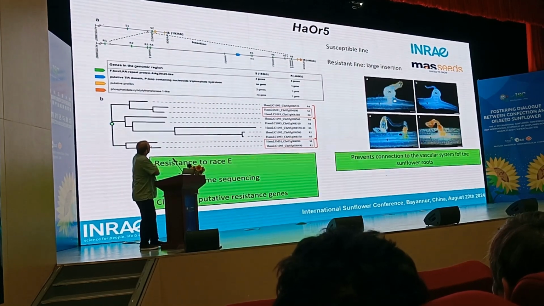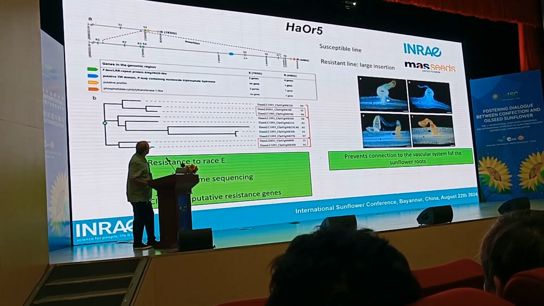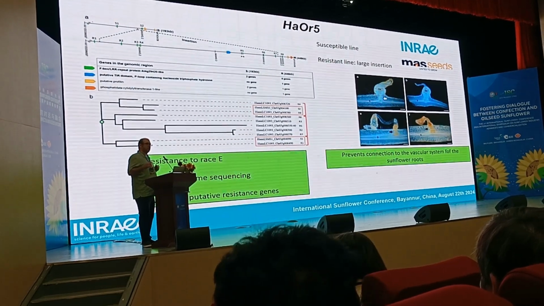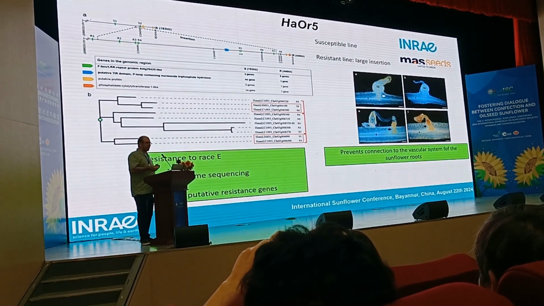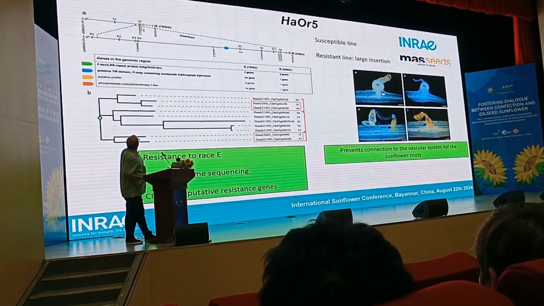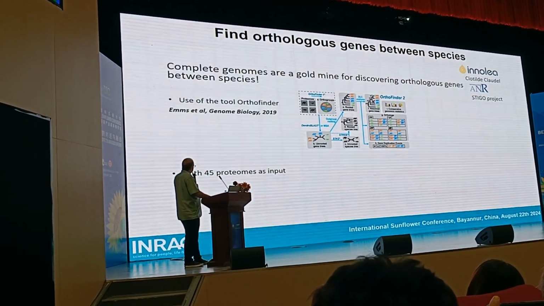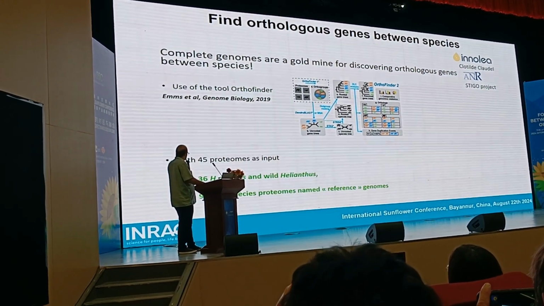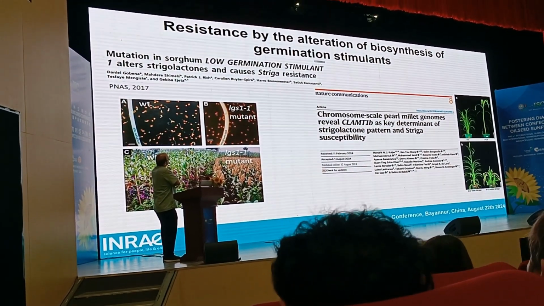Now concerning the HR-OR5 resistance gene, instead of using BAC clones, we now fully sequence the genomes of the lines, because it is very easy, very cheap and very fast to sequence. Here you have the sequence of the region in the susceptible line, and we used 45 proteomes as input, the 36 Helianthus annuus and wild Helianthus, and we also added 9 other species, mainly Striga, because